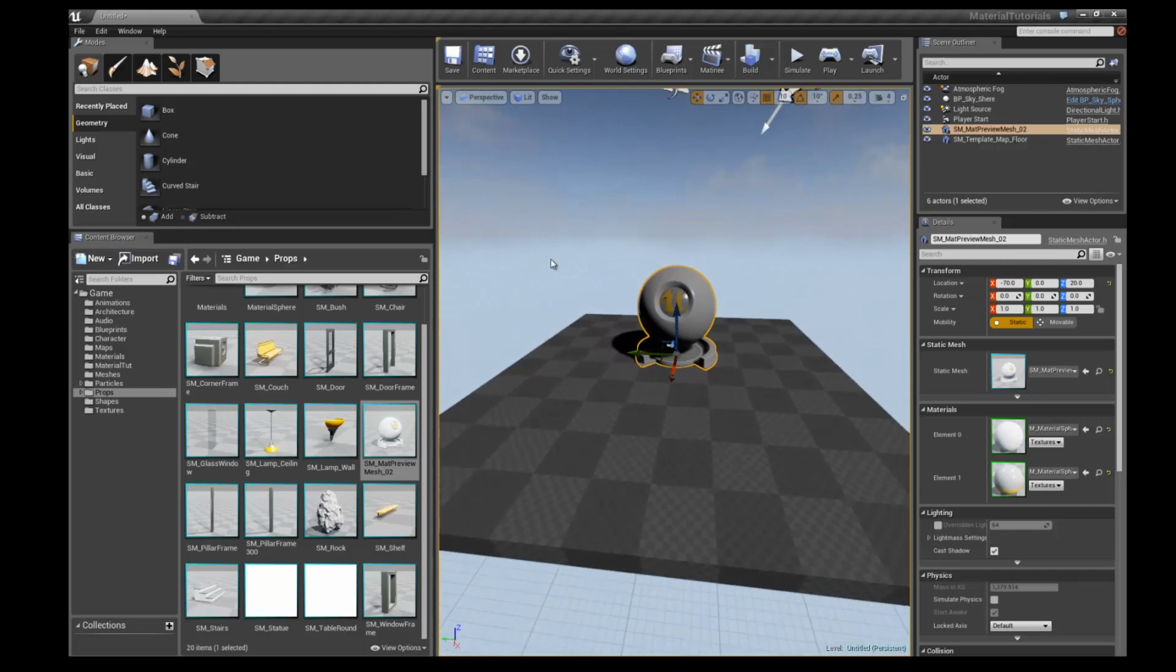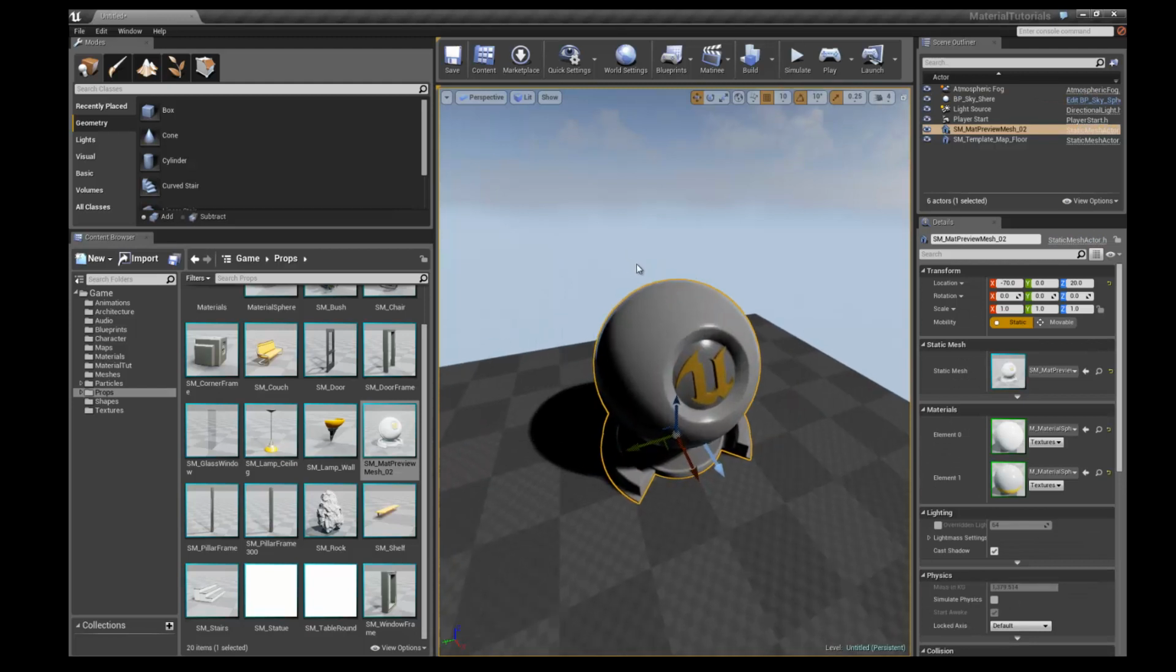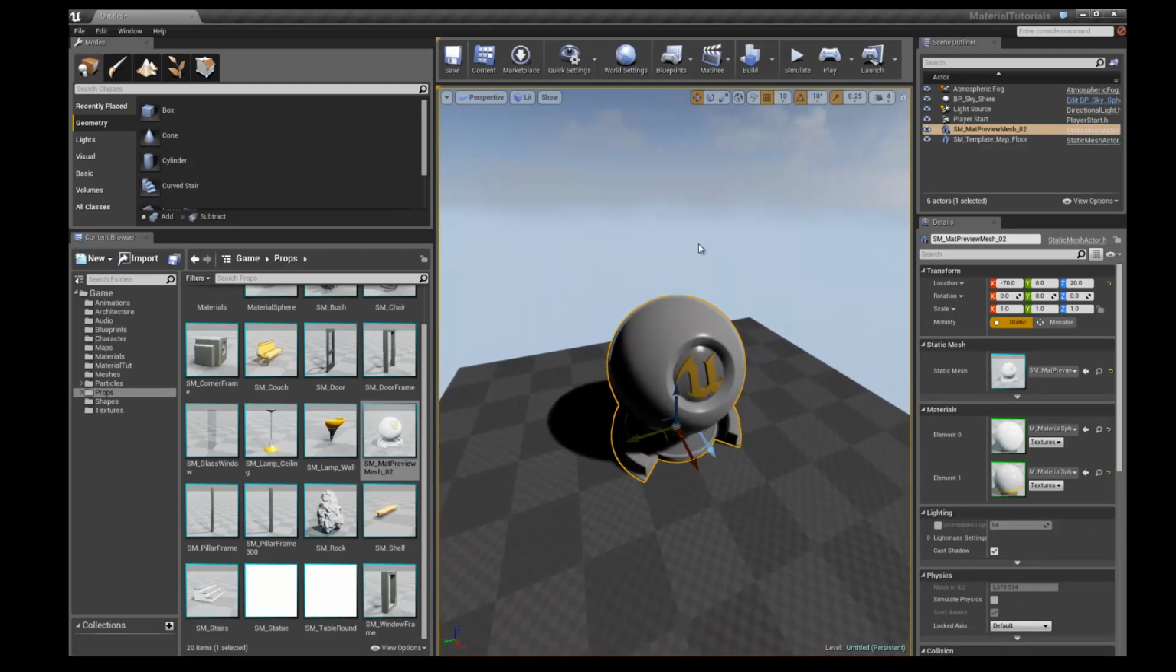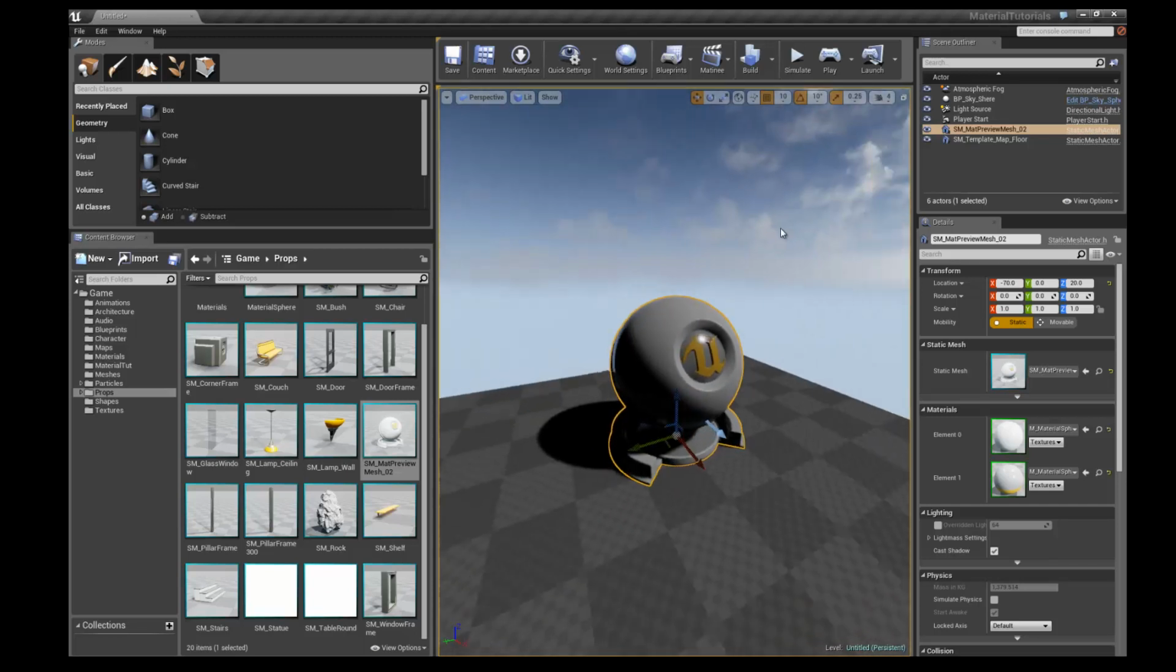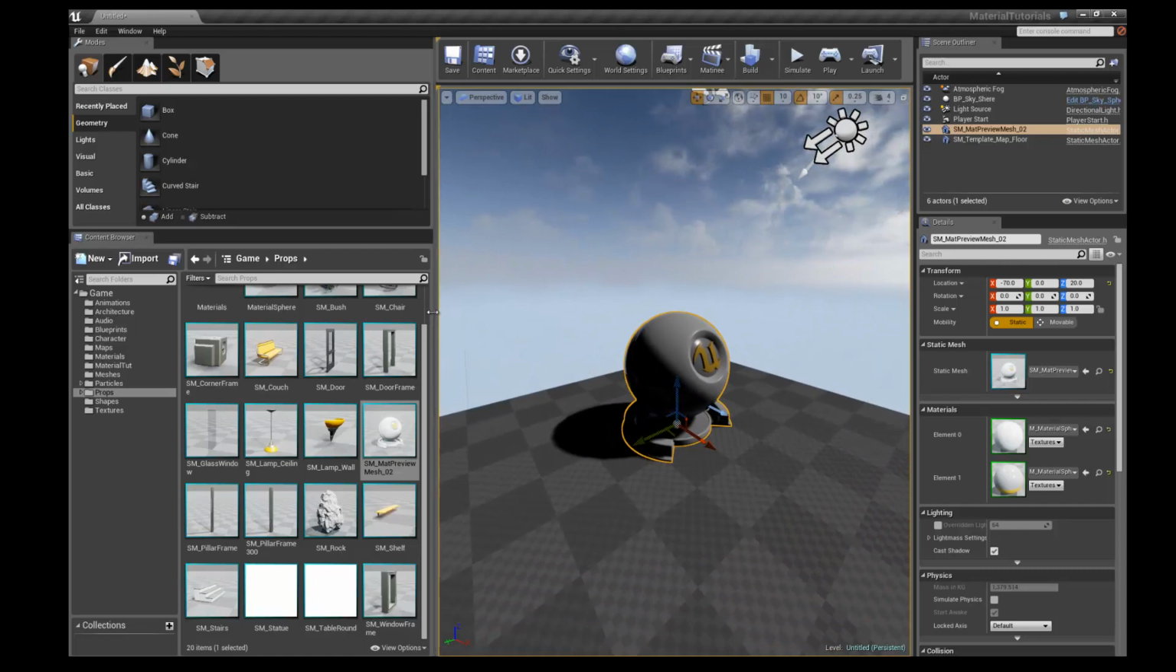Oftentimes I'm a big Maya user, so coming from there I will find my mesh in the scene, I'll hit F to frame up on it, and I'll use Alt right mouse click to zoom in and out, and Alt left to kind of pan around. Okay, so now that we have that in the scene,